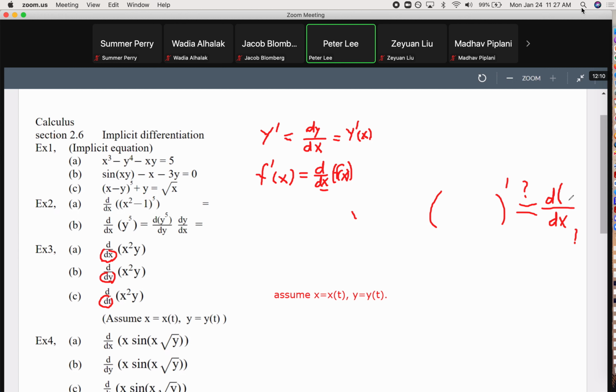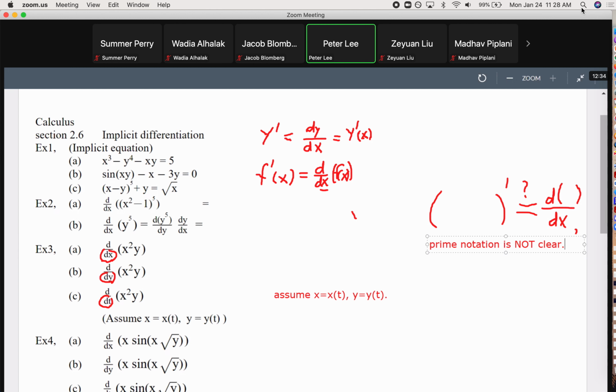So here we have parentheses here. Again, prime notation is therefore not clear. But on every specific problem, you can say that prime means d/dx, or prime means d/dy,